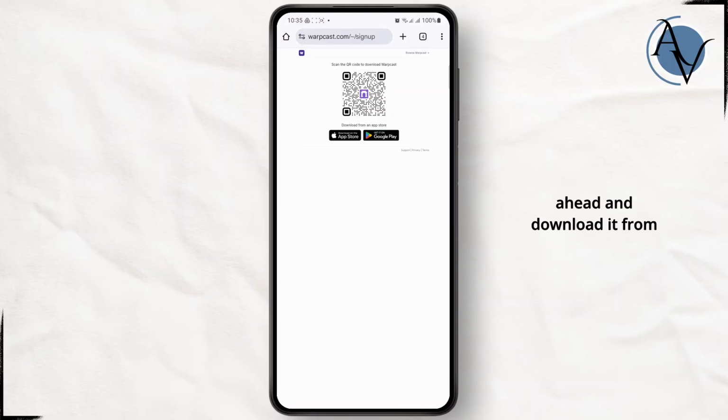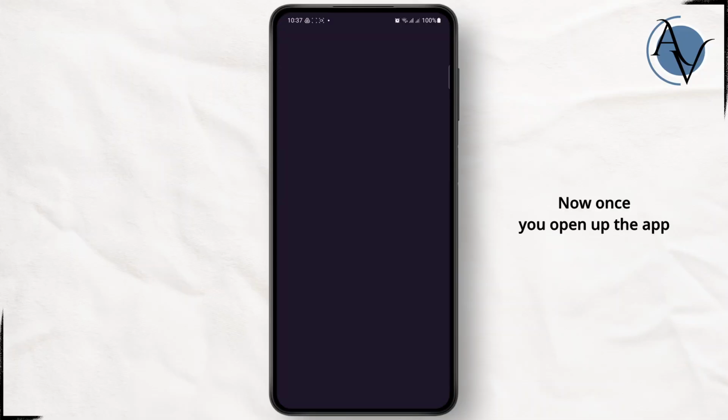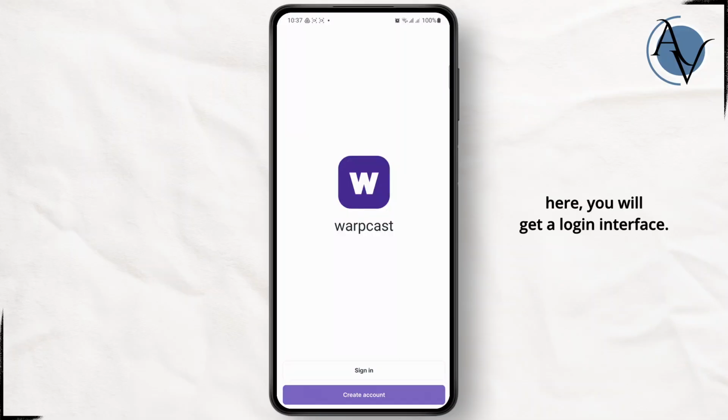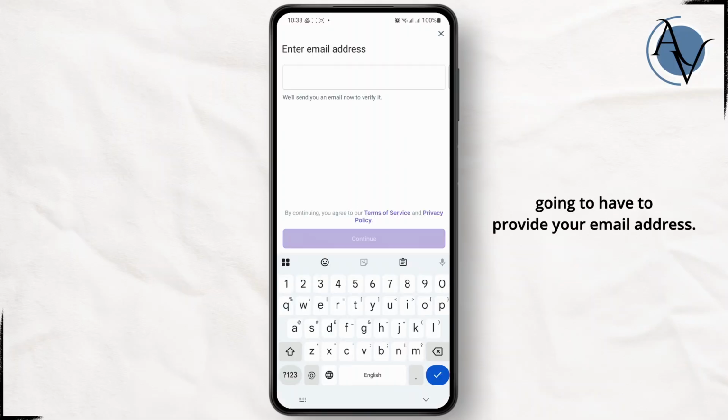ahead and download it from Google Play Store or App Store. Now once you've downloaded the application, just open it up. Now once you open up the app here, you will get a login interface, so you can either sign in or create an account. Just tap on create if you're new, and here you're going to have to provide your email address. Then tap on continue,